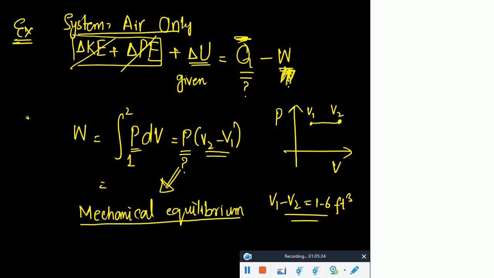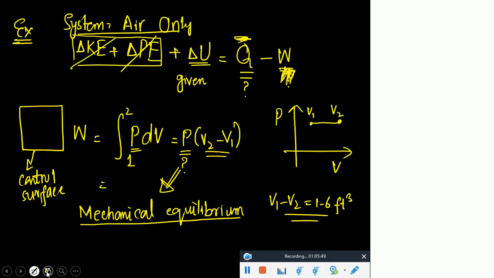Okay. If you look at that gas, just consider this as a control surface. This is my control surface. You have piston over there, and then you have some kind of P atmosphere over there as well. Now if you try to draw the free body diagram of this system, it is applying some kind of force on this piston. This is something which is the work interaction from the system to the surrounding.